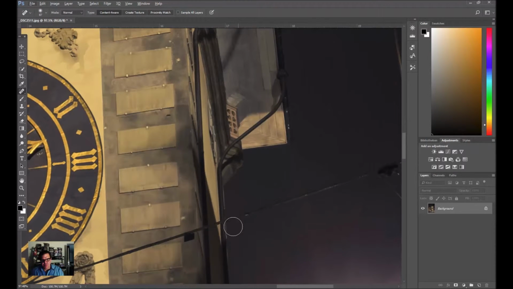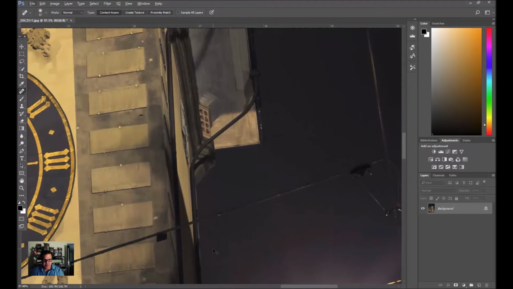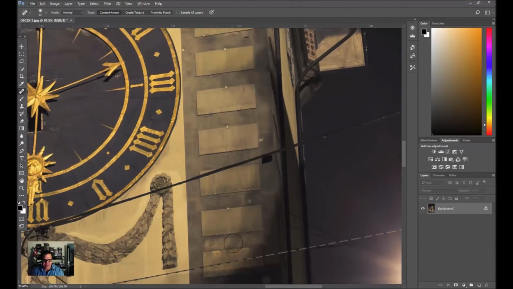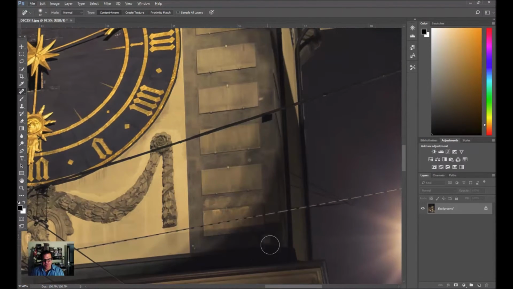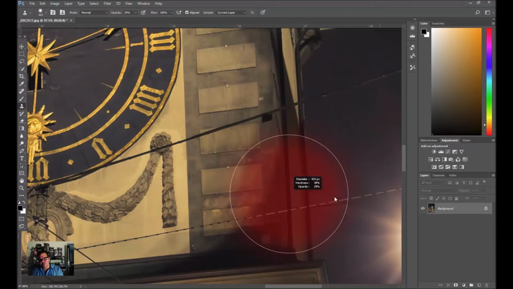Here, that's a bit more tricky. If I look at all those cables, it's not that easy. So you've got to break the lines, and that's the whole trick. First, you've got to get the clone stamp tool. Click on this. Same trick to increase the size: hit Alt, right click to the right, it's going to increase; to the left,